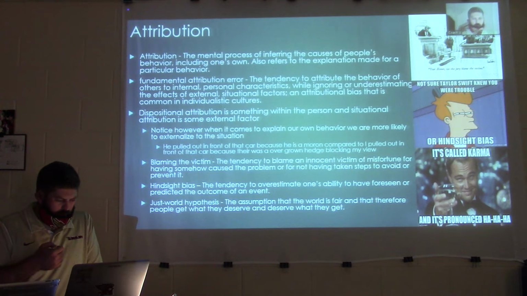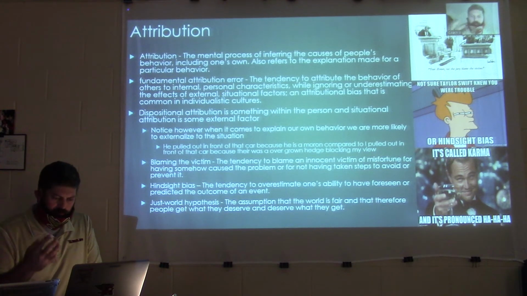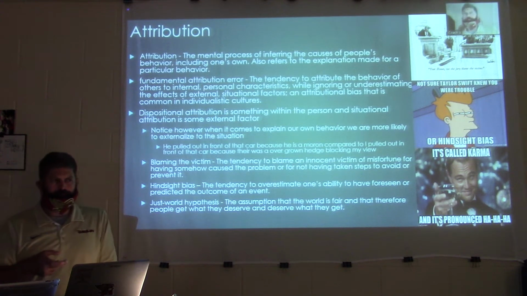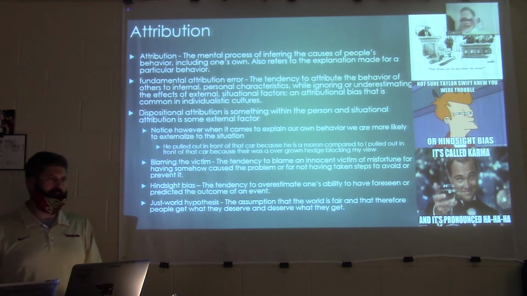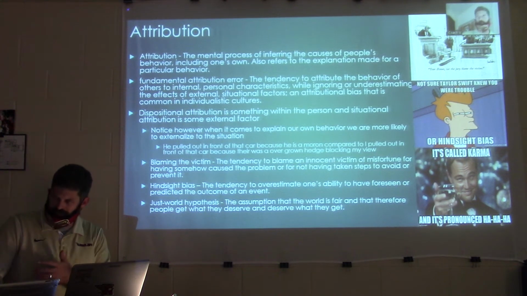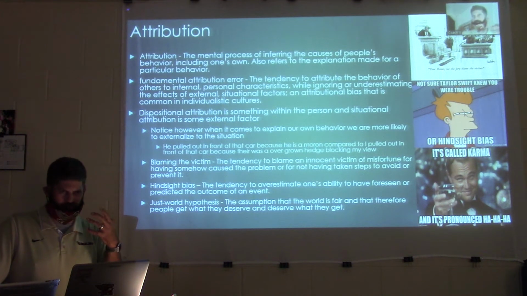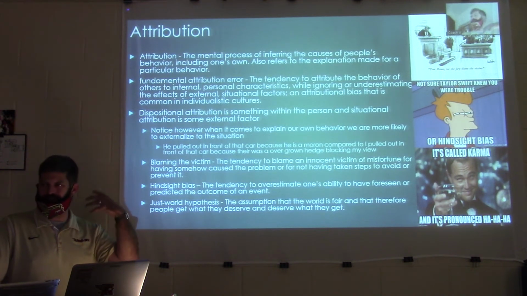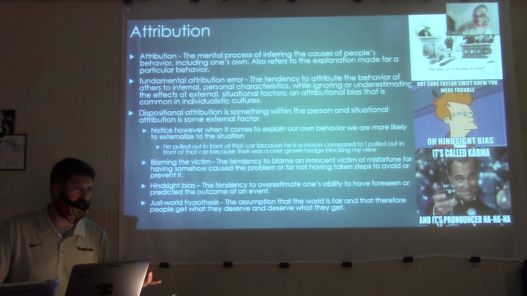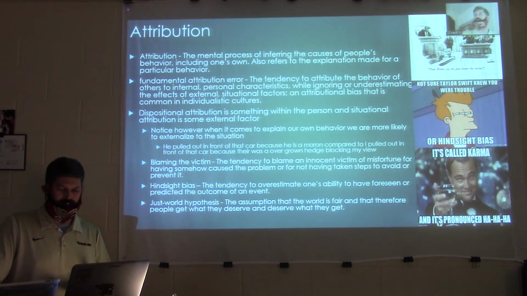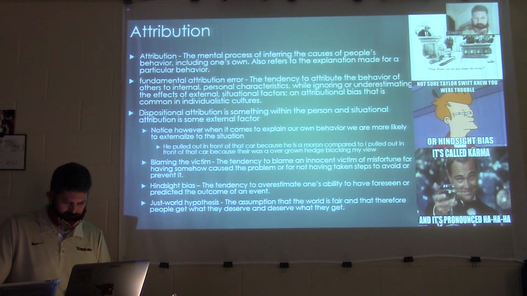So what happens here is you attribute their decision and their behavior to their personal characteristics. But in reality, there was a bush in front of them and they couldn't see. It was the situation that they were in. They're not dumb. They just couldn't maneuver the situation at hand, and it was an accident. It's not because they were dumb, it's just because they really couldn't see that well. That's fundamental attribution error.